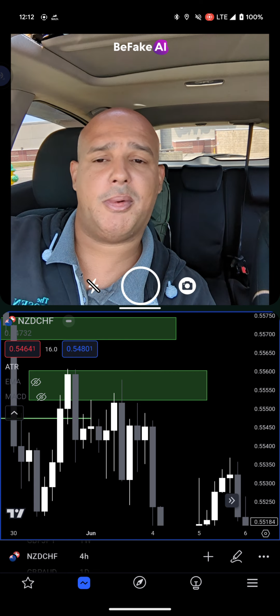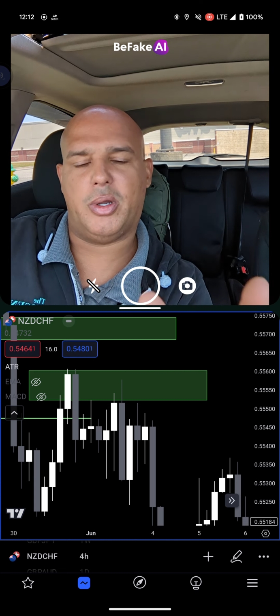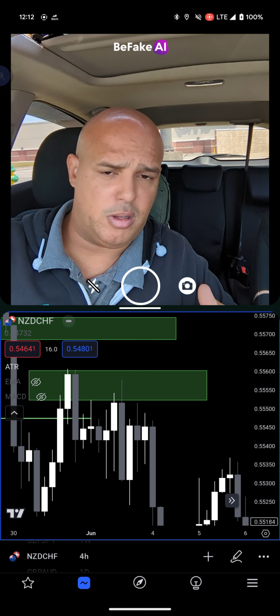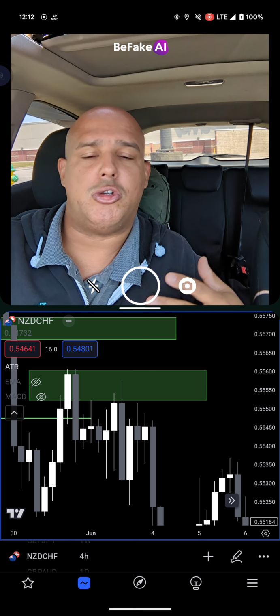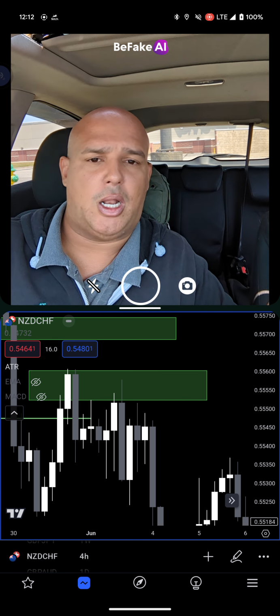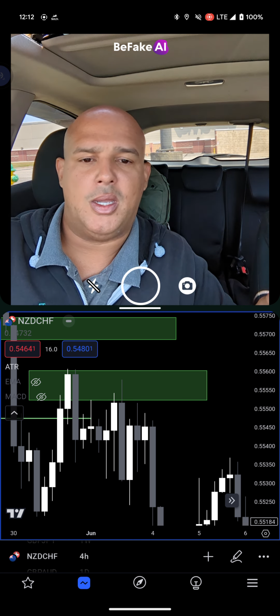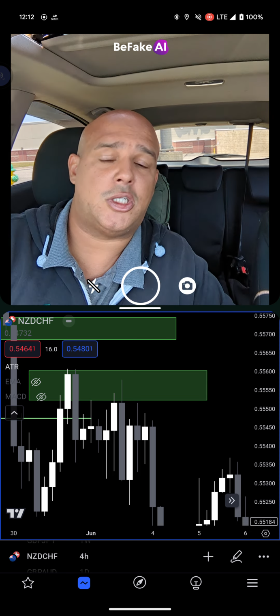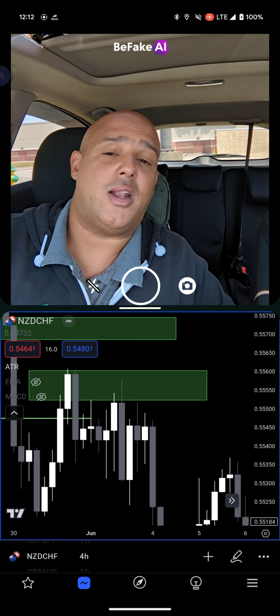How do I set up my trades? Once I get a bearish candle in the zone that I'm looking at, I will go 1 ATR away from that candle based on the 4 hour. And I'll use my stop 1 ATR above the zone that I drew. And I'll set up a buy stop or a sell stop for this one. And if I get triggered in, I get triggered in. If price is going to continue bearish, it should trigger me in and continue going.